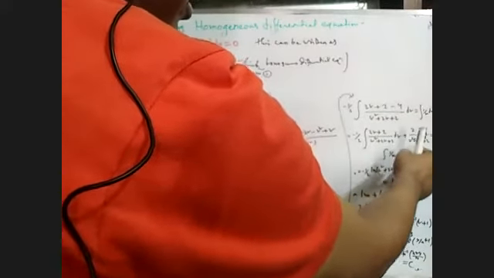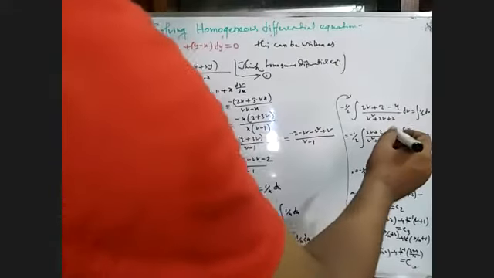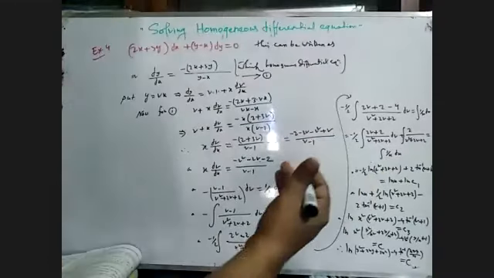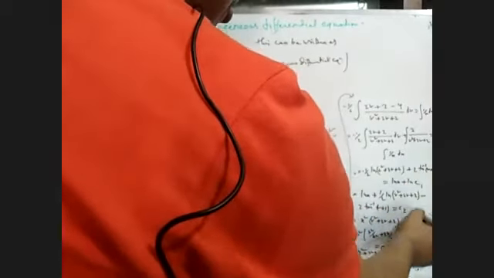This is why, by the formula, the integration of 1 by ((b plus 1) whole square plus 1) will be tan inverse (b plus 1) by 1, from the formula tan inverse x by a. And the integral of 1 by x is ln x plus ln c constant. So this ln x plus this one minus this one equals c2, another new constant.